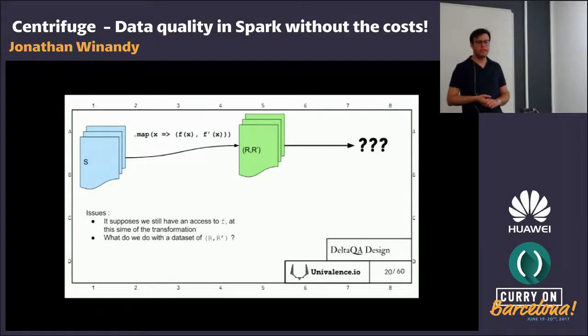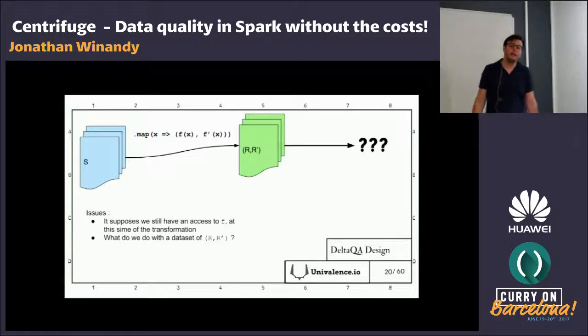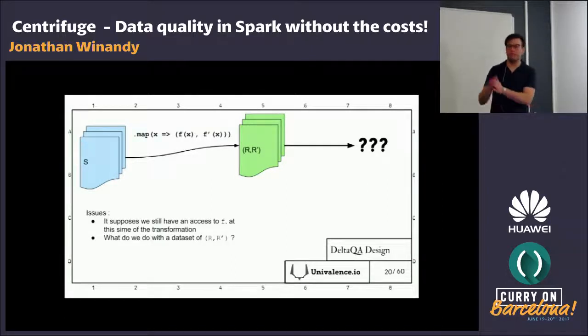So the idea of Delta QA is to actually run the two functions side by side and then compare the results. But it's not practical in real life because we are not able to replay the existing functions. Once you deploy a function, it's very difficult to keep it runnable because your environment may change, you may not manage your binaries properly. It requires a lot of infrastructure to be able to run an old version of the same program. That infrastructure might cost a lot and might only be useful for this kind of experiment.